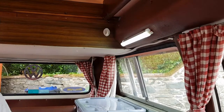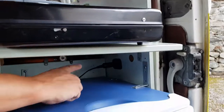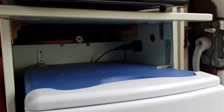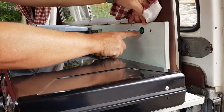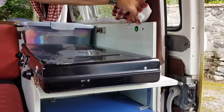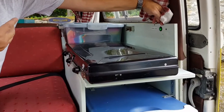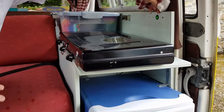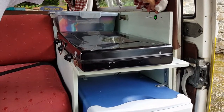As well as that, we've got a socket which is tucked away above the cool box, just under here, and the cool box is plugged into that. The switch to switch that on is just behind the cooker, the cool box socket. Switch that on, and you can hear the cool box is running. So that will work while you're driving, but if you left it just running off the battery when you're not driving, you can easily flatten the leisure battery. So don't run that unless you're on a hookup